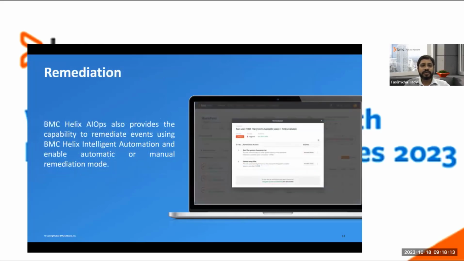And the last one is the remediation part. We use the data from third party to point out what the problems are. But along with that, we also provide a facility where users can run the automation and mitigate that problem from the single console itself. So the screenshot where I have shown the root cause, from that single console itself,